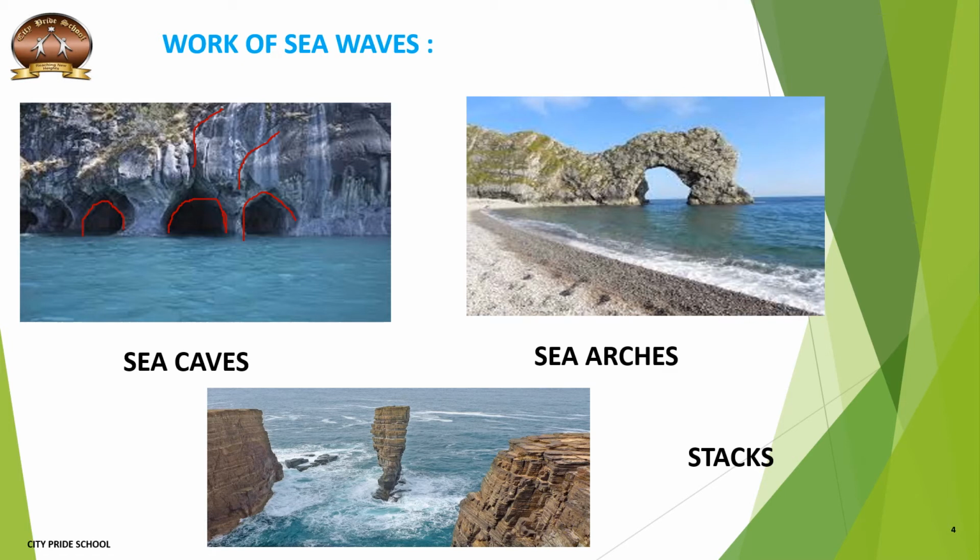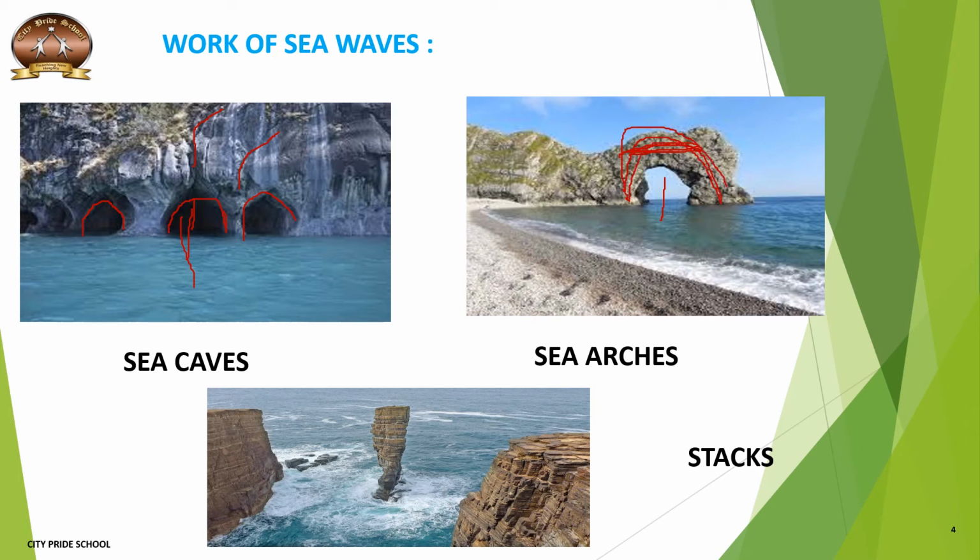Now gradually after some time, what happens? The sea water continuously enters these caves, also striking the inner part of the cave. And then what happens? It is broken. What remains is only the roof. Here in the sea arch picture, you see the second diagram. Only the roof is left, as due to the sea waves, that rock is being broken and has collapsed, and only the roof is left. So this gives the formation of arches. So this is your sea arch,